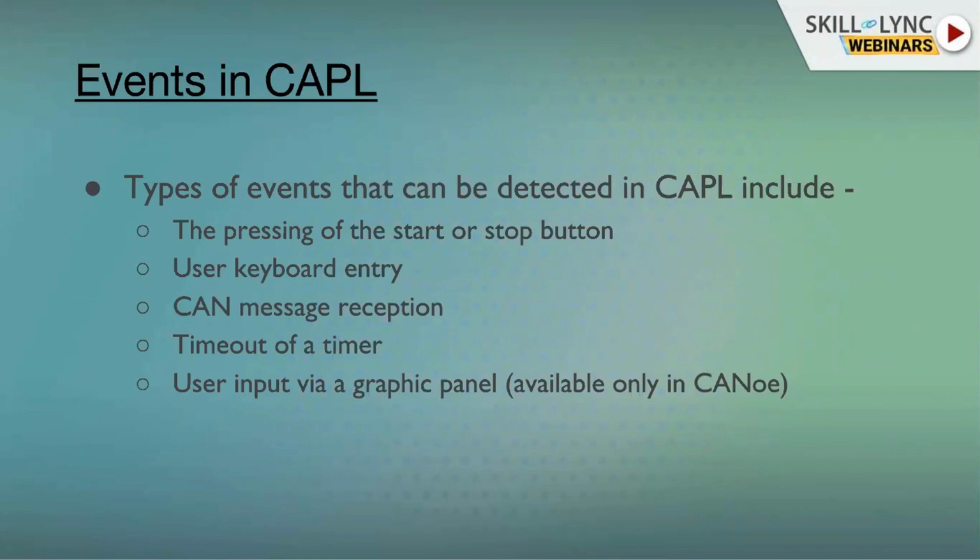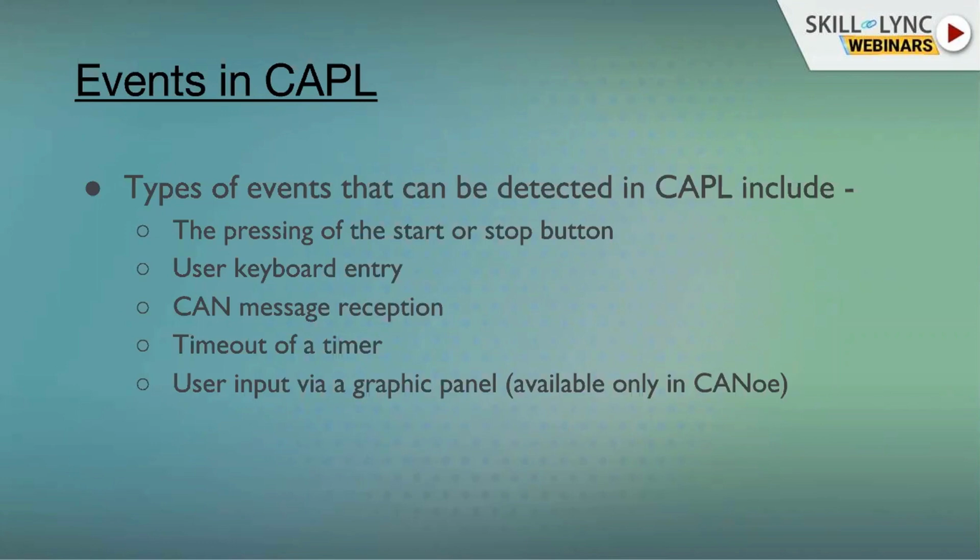Whenever you are going to write a program, if you want any pre-processing while you are starting the CAN, you need to initialize some messages, like sending some CAN message into the network. You can declare that in the on start event. Likewise, the on stop event: once you click the stop button, there is some functionality you can change, like making every variable 0. So you initialize or deinitialize by using the on stop event.